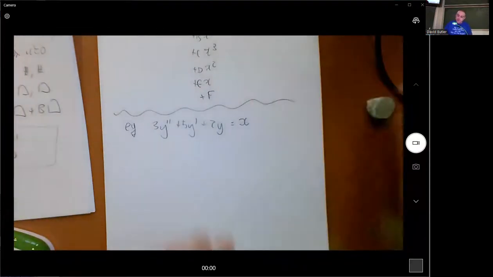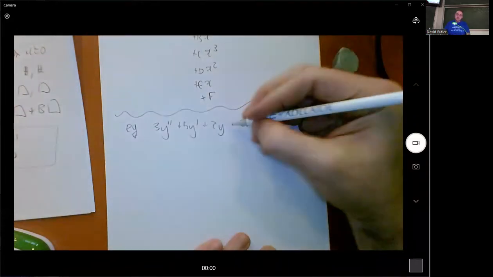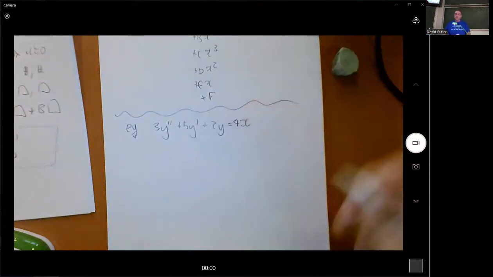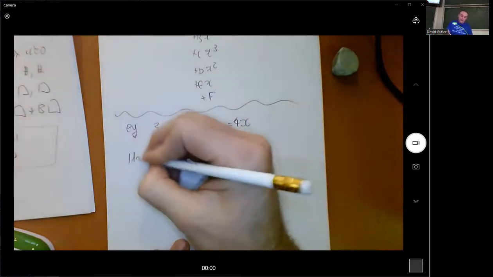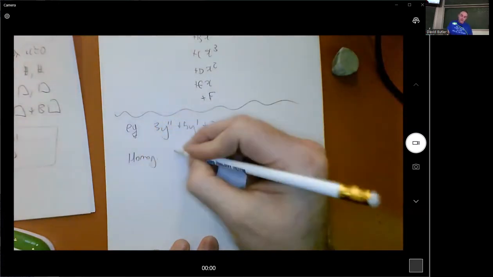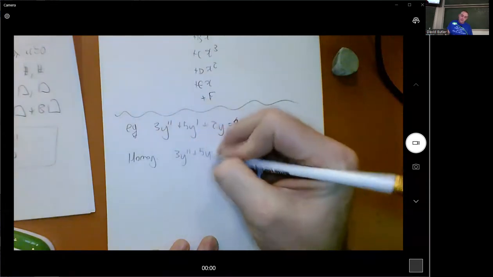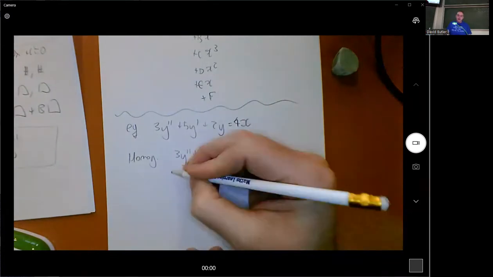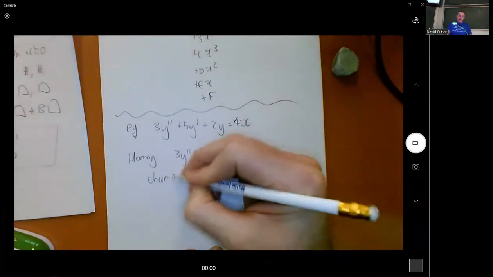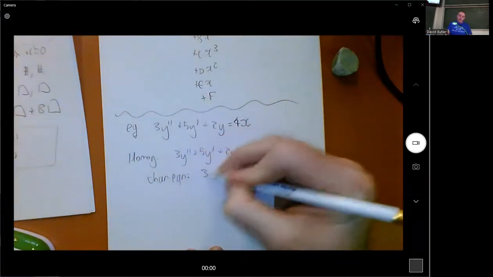I'm going to put a number there just to be jaunty. So the homogeneous and the characteristic equation